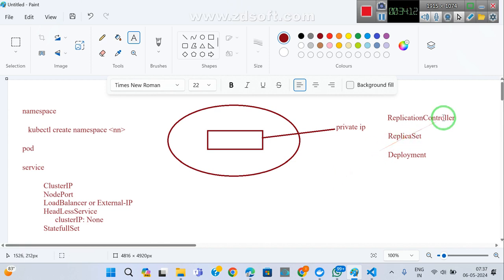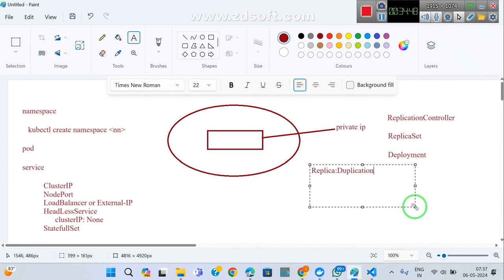But here, assume four features are available, but a replica set may contain maybe six features, at least six features. We'll discuss slowly. Now, by using replication controller, replica set, and deployment, what is the advantage of this? The word itself, replica. What is the meaning of replica? Anyone tell me? Replication means